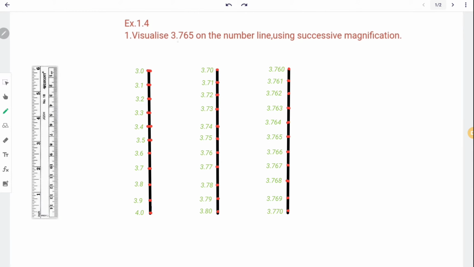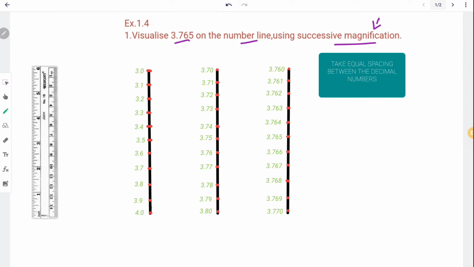Okay, we'll be starting exercise 1.4. The first question: visualize 3.765 on the number line using successive magnification. So what comes to your mind with the word magnification? It is to enlarge an object, okay? But here we'll be enlarging the decimal number